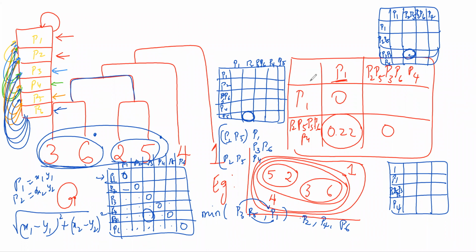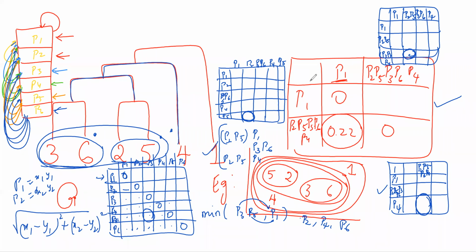From here I'm again going to check if there's any other data point close by to this cluster. That was data point 4. So I again performed the operations, identifying the minimum distance, and finally I created this matrix. I got to know that P2, P5, P3, P6 are already in a cluster, and the smaller distance was observed between P2, P5, P3, P6 with P4. So finally I took that distance also and created one more dendrogram for the clustering with P4, and the final output was this. I checked the distances between them.